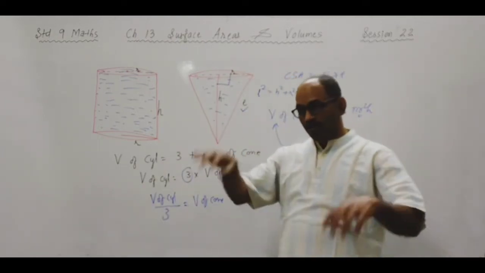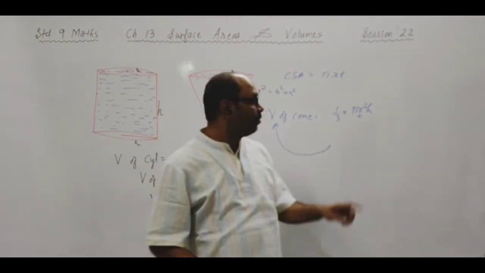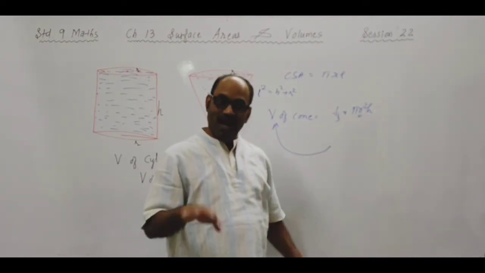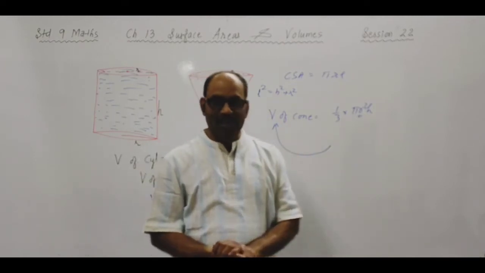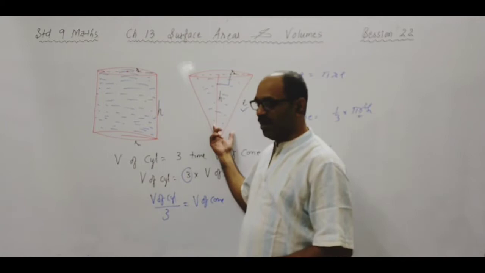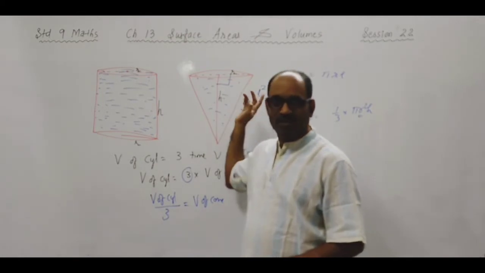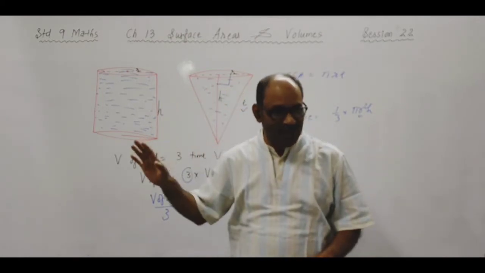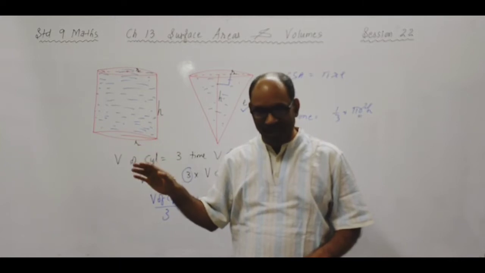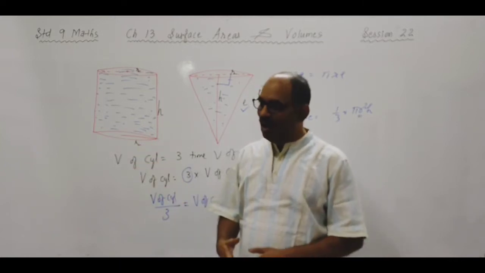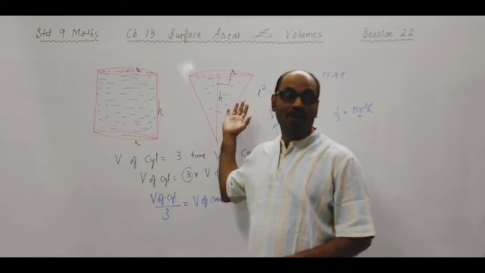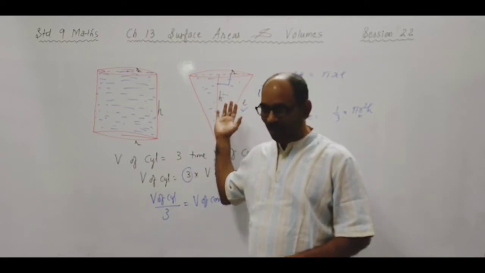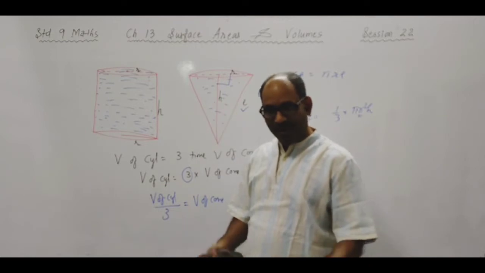Suppose you have to find volume and this vertical height is not given, slant height is given. Again you will have to use this formula. Is that clear? So whenever I draw this figure, I always write the relationship aside, whether I use it in the sum or not. Is that clear? Sure. So now we'll see some illustrations which are based on volume of cone. Are you ready? Yes. All right.